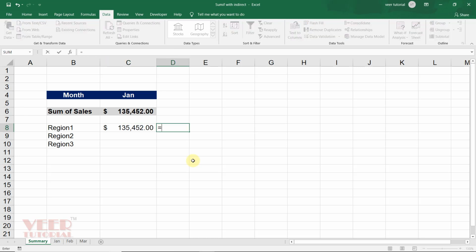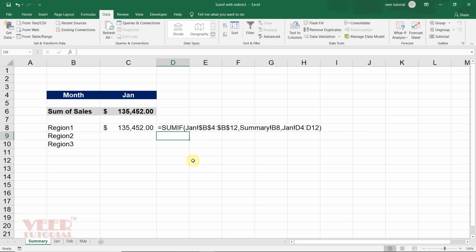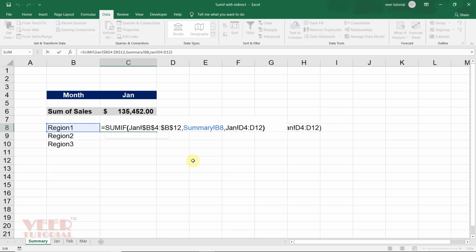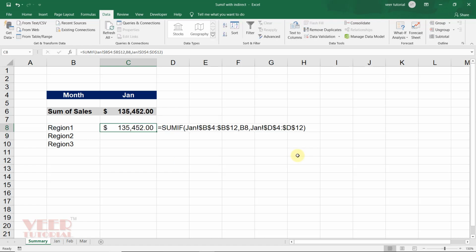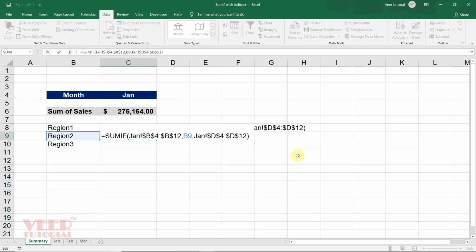Now use the equal text function for getting the text of this function, but we need to remove something. We need to remove the summary sheet name from this function, and we will make the constant of this range as well. Now you need to copy this formula and paste it here, and it is calculating the sum of region 2, but we want to take the reference of C4 using the indirect function.